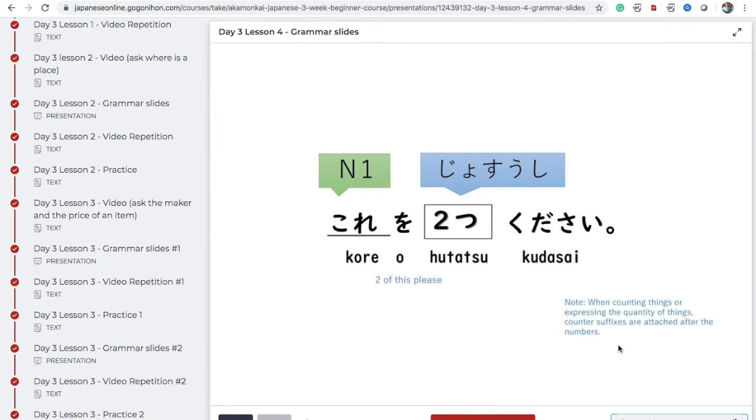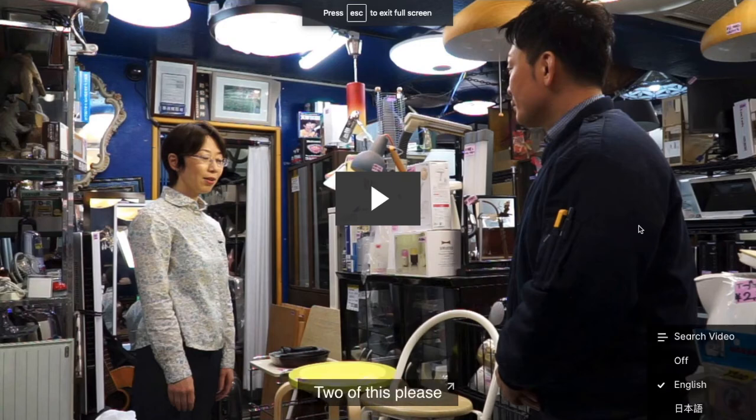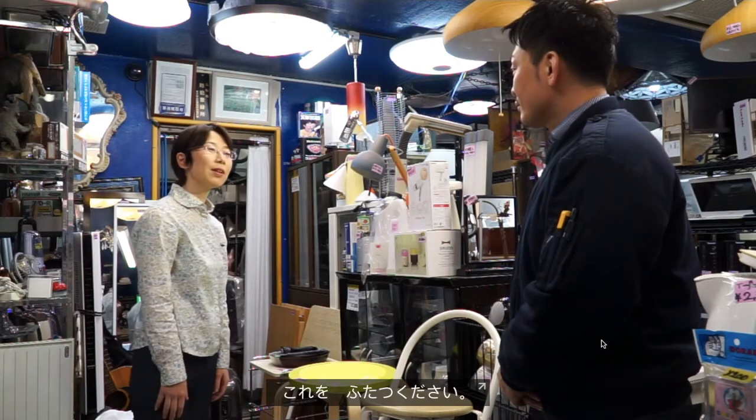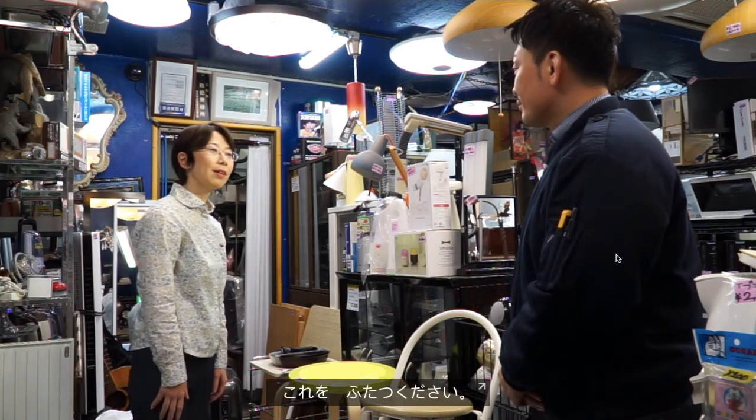Okay, note says when counting things or expressing the quantity of things, counter suffixes are attached after the numbers. Mm-hmm. これを2つください。 I like how happy he looks here. これを2つください。